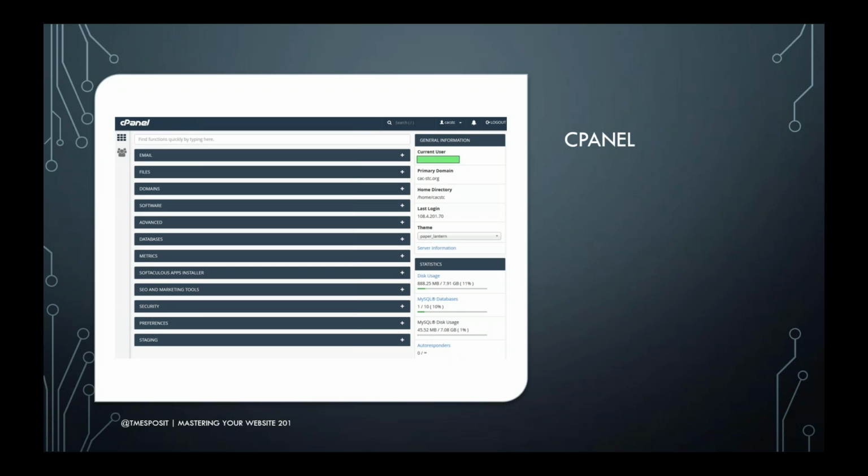But people running chapters or your own personal hosted WordPress, you may have cPanel depending on who your host is. Not all hosting companies use cPanel, but I found that it is very popular and very powerful. So more and more hosting groups are using it. And if you do not use cPanel, there is probably an analog in whatever service you are using for the things that I'm talking about today.